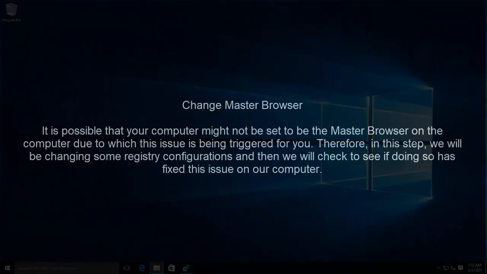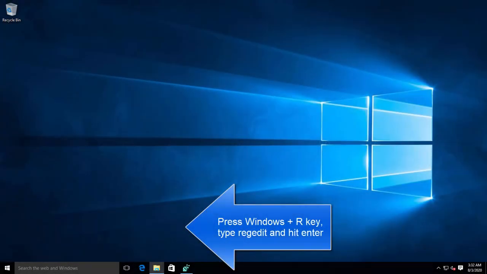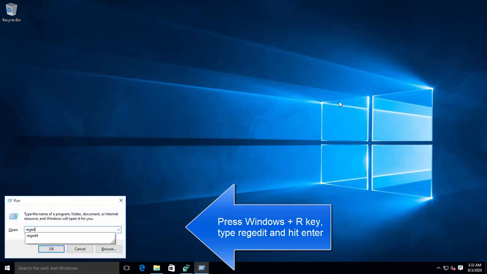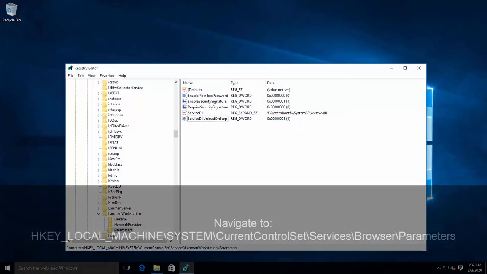The next thing is to change master browser. It is possible that your computer might not be set to be master browser on the computer, due to which this issue is being triggered for you. Therefore, in this step we'll be changing some registry configurations and then we'll check to see if doing so fixes the issue on your computer. Press Windows and R, type regedit, click yes on UAC prompt,